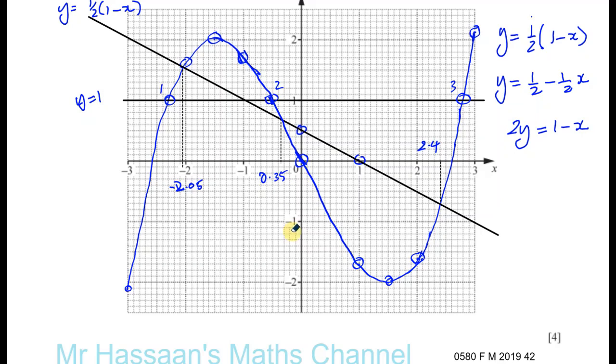And if you have time, if you don't have time, don't bother doing that, because they're going to judge you by your graph, where your graph hits the curve. So if you make a mistake in the curve and then you make a mistake in reading the value where it hits the curve, you might lose marks. But that degree of accuracy, they might accept. There's normally a limit between which they accept. So what I wrote down in my first answer might actually be within the accepted degree of accuracy, especially when you've got to draw the graph yourself. When you have to draw the graph yourself, sometimes there is some sort of leeway